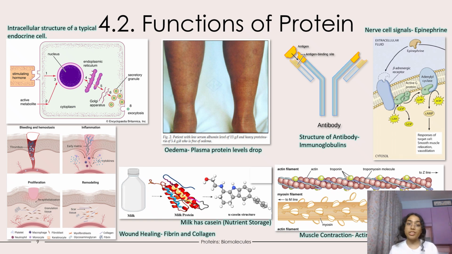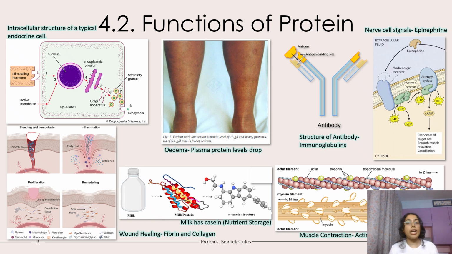Proteins act as hormones and regulate other proteins. Example, insulin lowers blood glucose by promoting cellular uptake and glycogen storage. Proteins regulate fluid distribution by maintaining osmotic pressure across membranes. Loss of albumin, a plasma protein which plays a main role in the above, leads to edema, swelling in various parts, and compromised circulation. Antibodies, immunoglobulins, are specialized proteins that recognize and bind to antigens on pathogens. Once bound, antibodies neutralize or tag pathogens for destruction by the immune system.